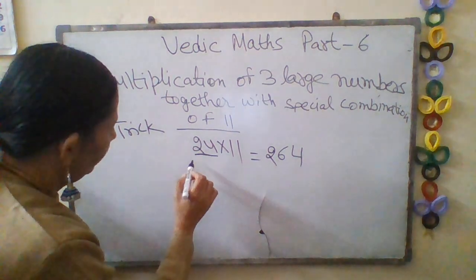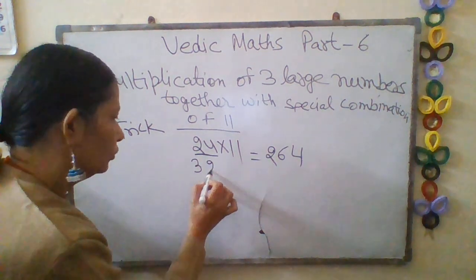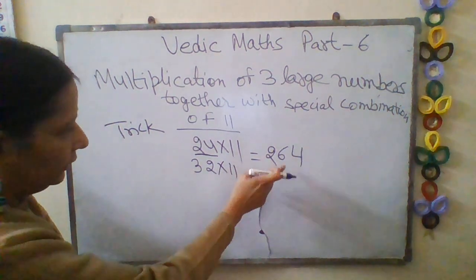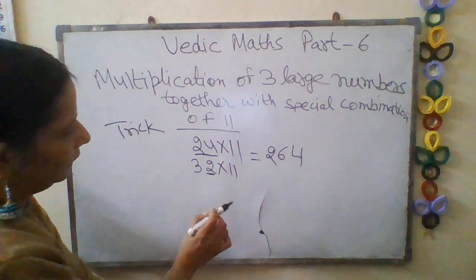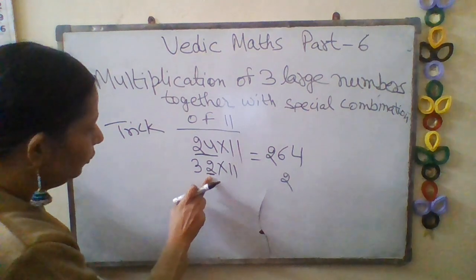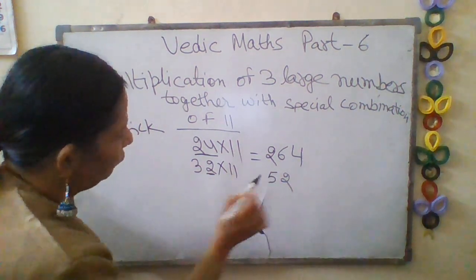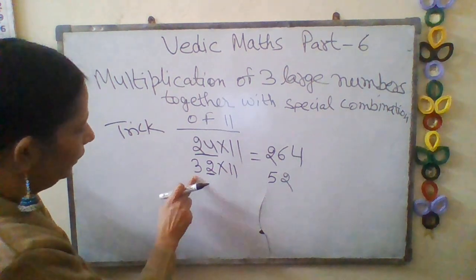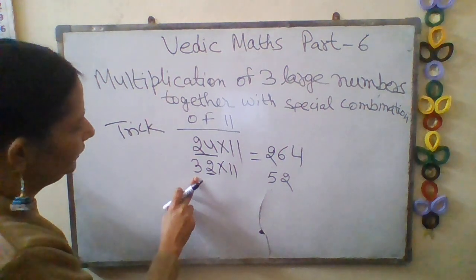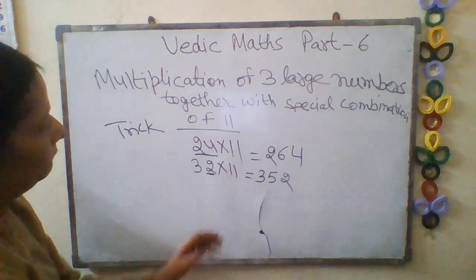Again I am telling you one more example. You take the case of 32, 32 multiplied by 11. As I told you, what is the last number? Last number is 2. Write down the last number. Now you add the two numbers. 3 plus 2 is equal to 5. You write down 5 here. And now, what is the last number from the left hand side? It is 3. So you write down 3 here, and this is your answer.